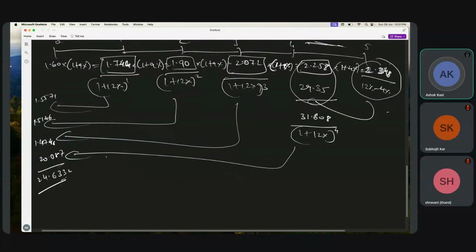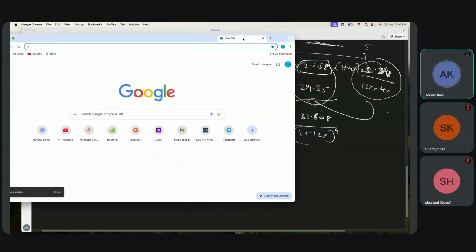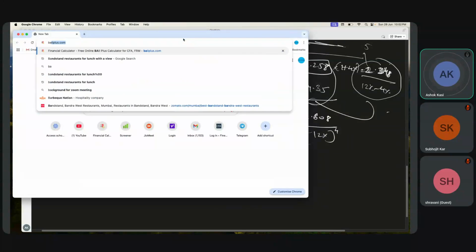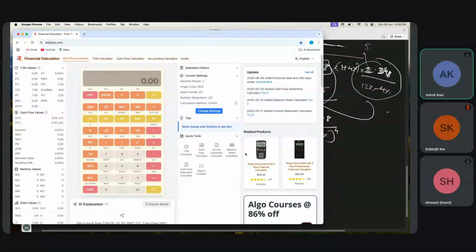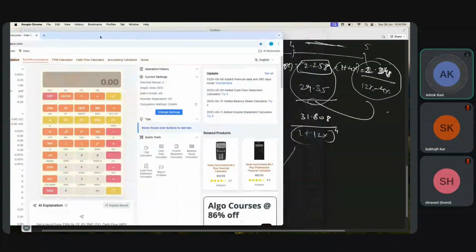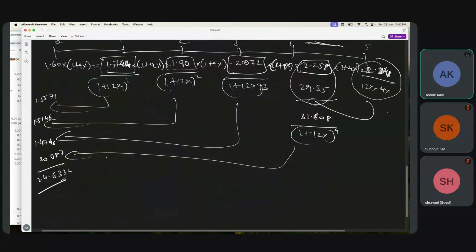Okay, now the same sum, if I have to do using the cash flow function, then go to BA2 plus. Okay, so Shravani, you listen. Here, cash flow function. So these all are cash flow. You are going to get